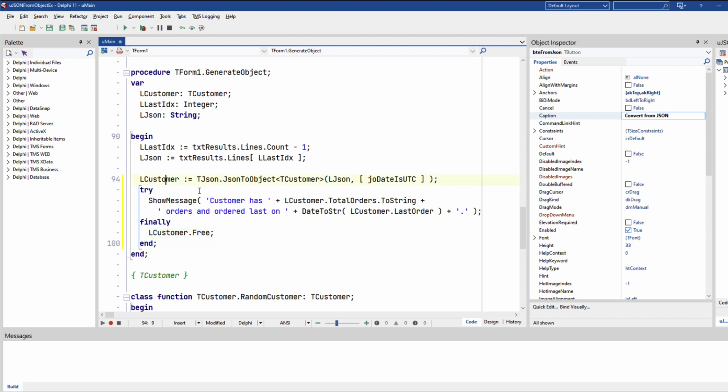Because lcustomer is our responsibility, it's being created by JSON to object, so we have to take care that it's being freed. So I call lcustomer free after showing the show message, and that is the source code that you will be given that you can download. The mistake is corrected. However, while I recorded the video, I was a little bit sloppy, or excited I should say. I deserialized the object, implemented the show message, and forgot about releasing the object in that case.